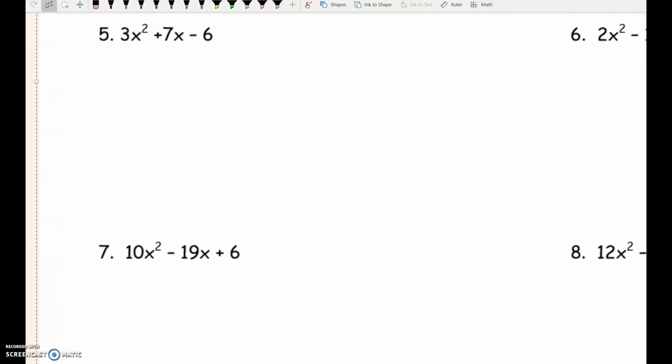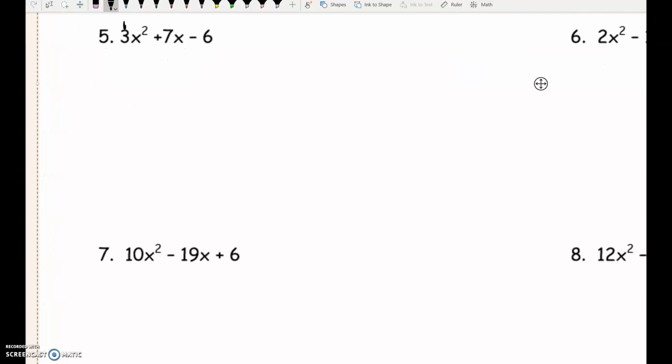Number 5, we're going to do by factor by grouping. No matter what method you use, you always start the same. You multiply the first number and the last number together. 3 times negative 6 is,